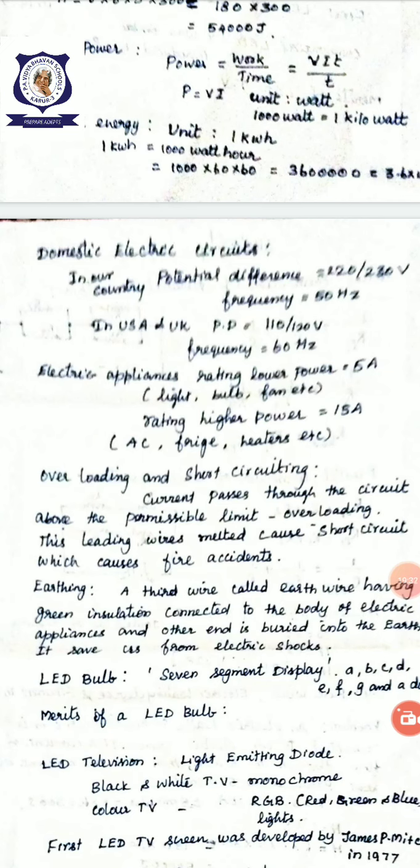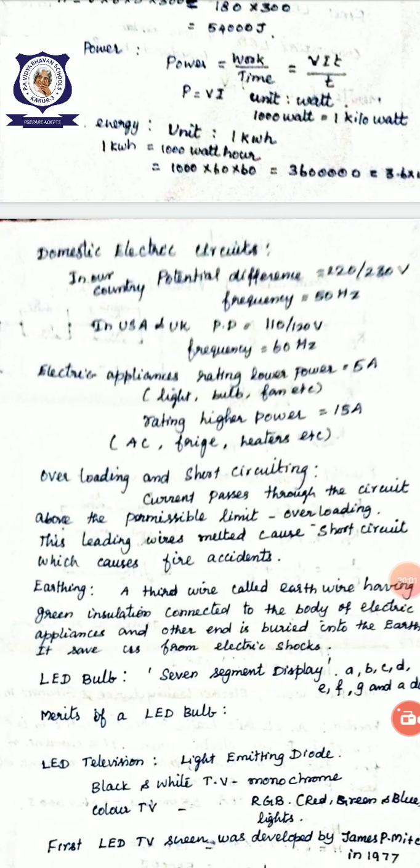Sometimes some leakage of current may occur, some electric shock. See, while we are using earth connections, immediately the leakage of current is sent to the earth. So we are using earth connection. Another important part: main box, fuse box, earth connection, and the remaining circuits are connected in parallel.